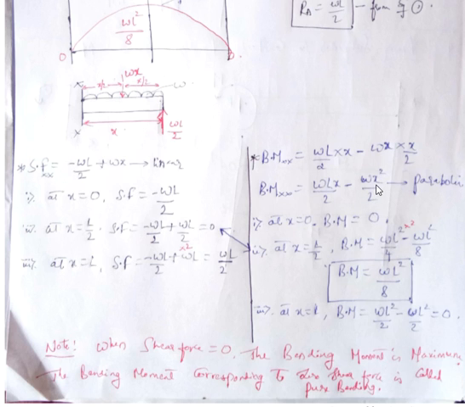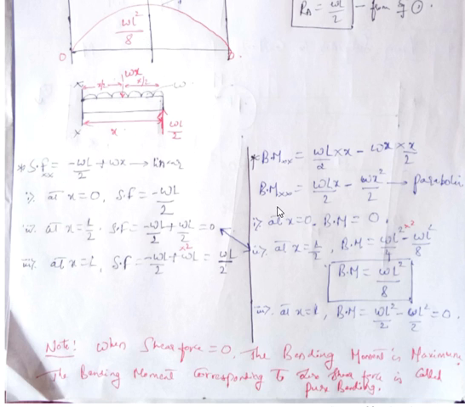Instead of x you put L by 2, so it will become WL square by 4 into 2 will become 8, because L by 2 whole square will become L square by 4. 4 into 2 will become 8, so it is WL square by 8. When I look at this, if I take the LCM, it will be 8. So here I can multiply by 2 because 4 is there in the denominator, and if I add them, it will become WL square by 8. So the center value is WL square by 8.